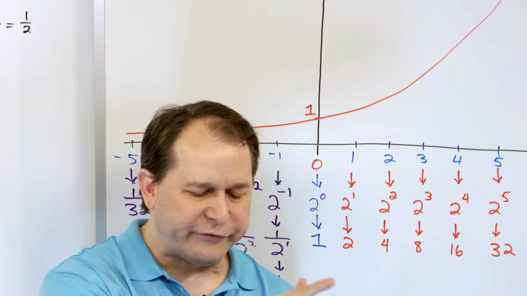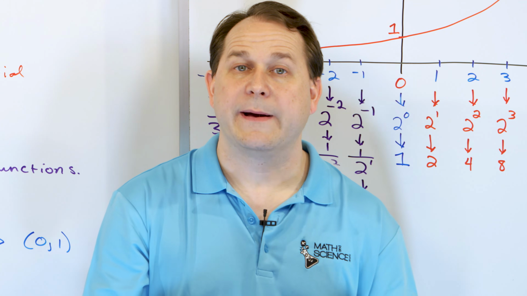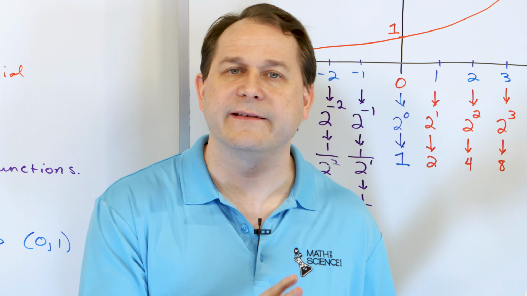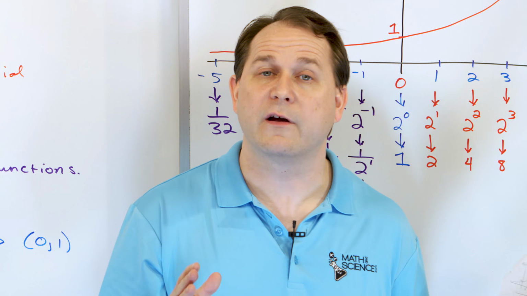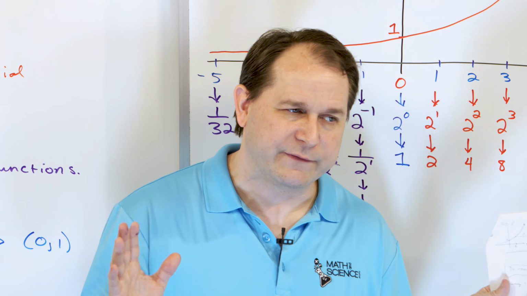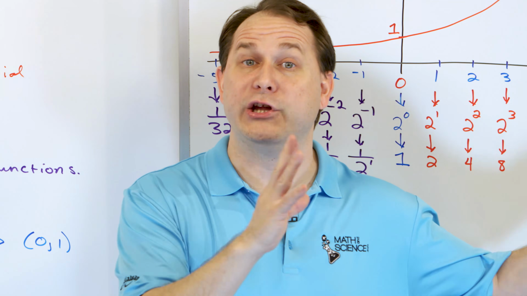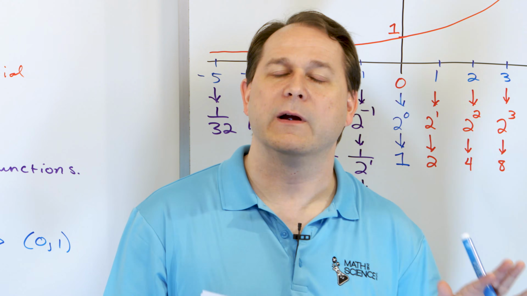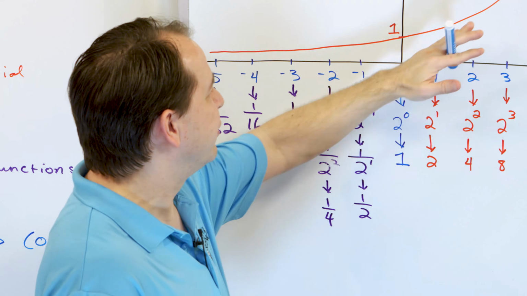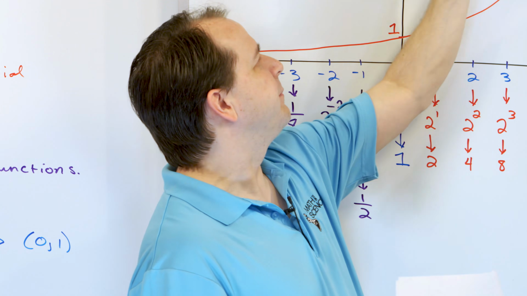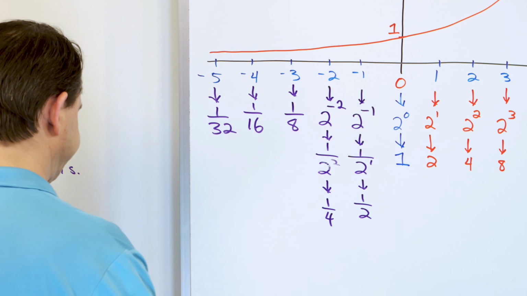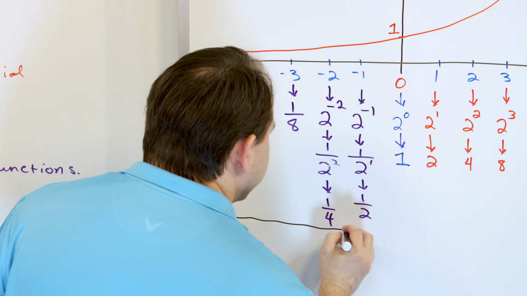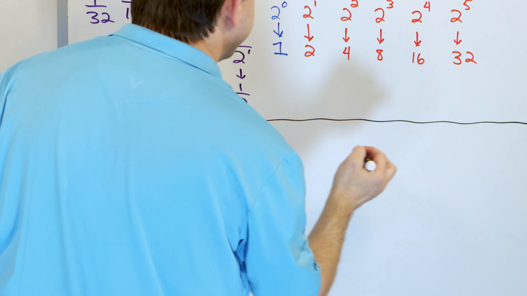Okay? Now, so far, we've talked about positive values of the base. I should say, we've talked about positive bases that are bigger than the number 1. Base is equal to 2, base is equal to 3, base is equal to 4. In just a second, we're going to talk about fractional bases where we see the exponential function flip over to the other side. Okay, but before I do that, right underneath this, I want to draw a few different cases,